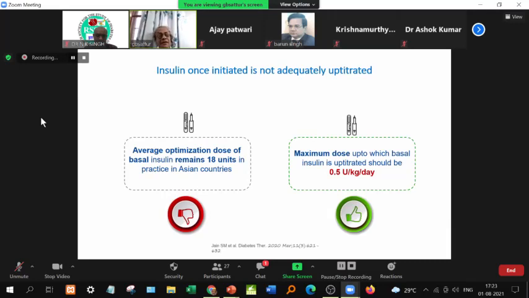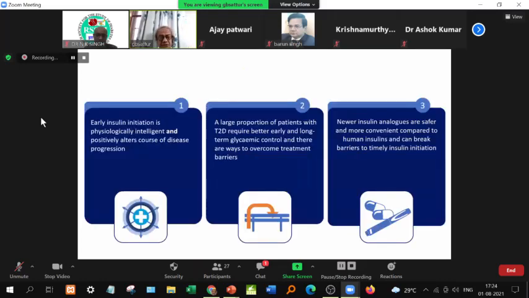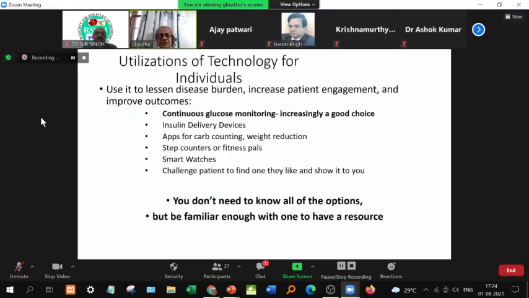So insulin initiation, optimization, and intensification are all extremely important in our practice. Early initiation, we know, has recently gained tremendous importance, where you could give pancreatic beta cells a rest, and thereby they would probably require even lesser amounts of drugs at a later date. And of course, artificial intelligence has recently been used. Continuous glucose monitoring, I find extremely useful. Nowadays, even Panasonic or Medtronic units are available, costing around 5,000 to 6,000 rupees.